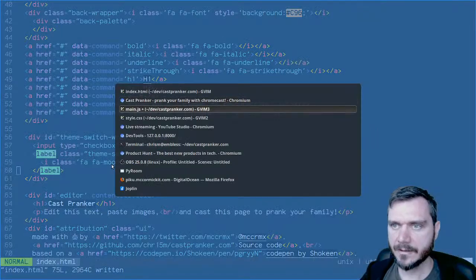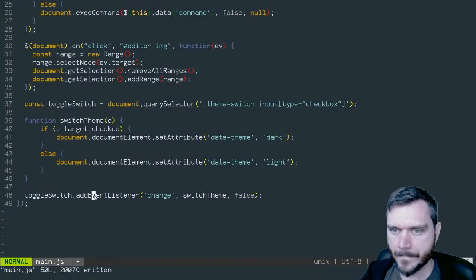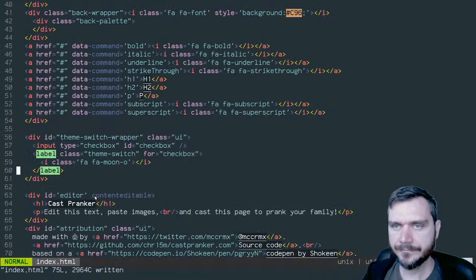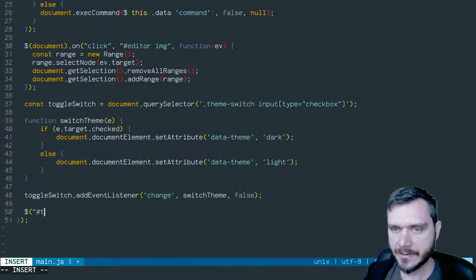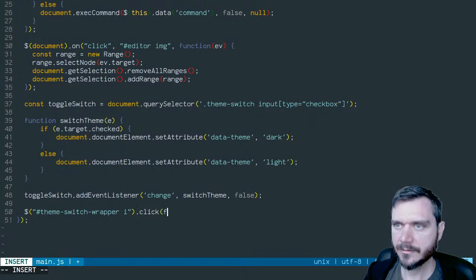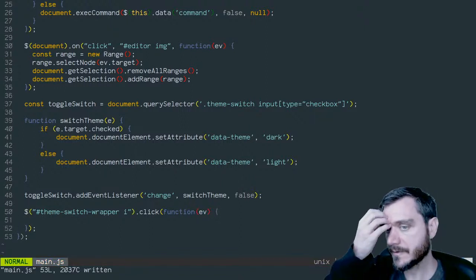So we want to say, let's go dollar theme switch wrapper. So hash theme. We want to reference the theme switch wrapper, and we want the I thing in there. Click, switch theme. So what I'm doing is I'm saying, if that little moon icon is clicked, I'm going to